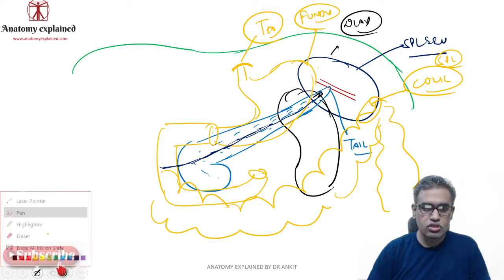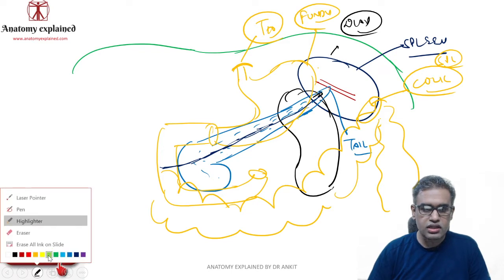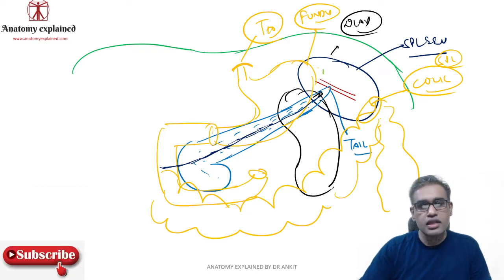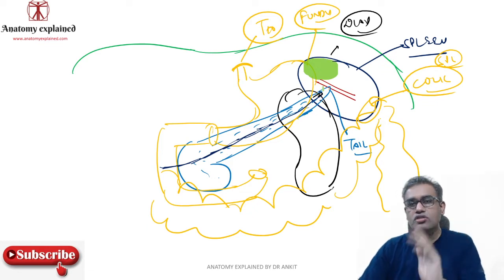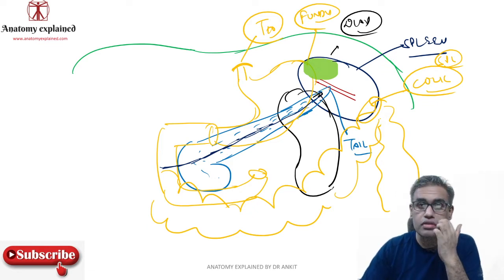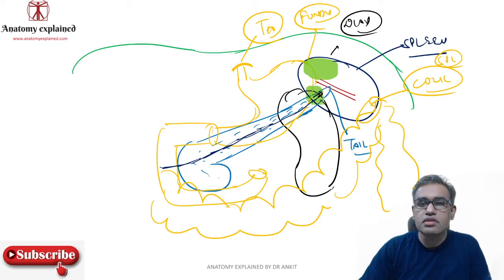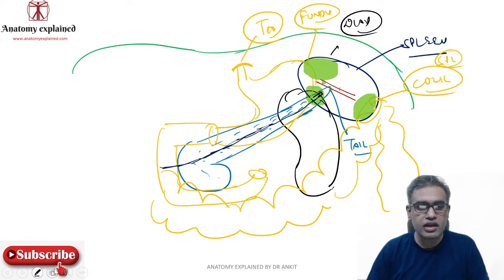So let us now assume over here once again and try to highlight all this stuff. In the spleen, this was the area of the gastric impression. They all make impressions on the spleen, so the visceral surface becomes concave. This over here becomes the renal impression of the spleen. This over here becomes the colic impression of the spleen. And this is the hilum where the tail of the pancreas may reach.